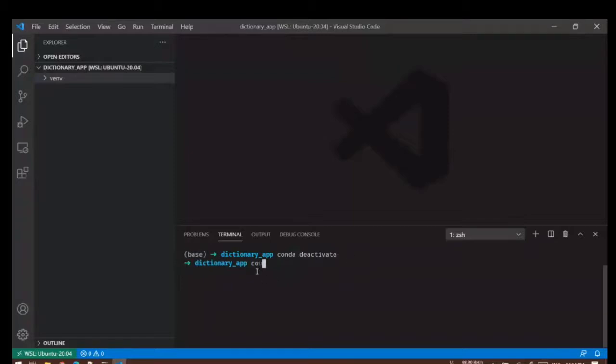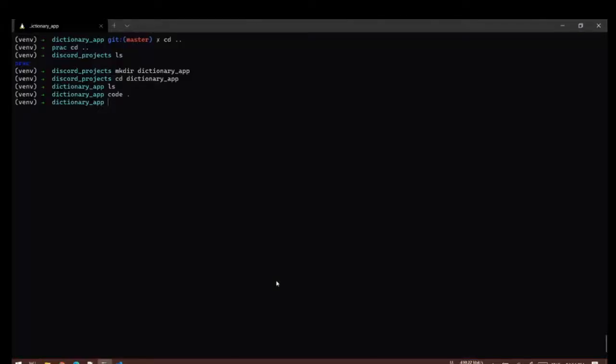It has been deactivated, and then I'll say source env/bin/activate. As you can see, the virtual environment is active now.